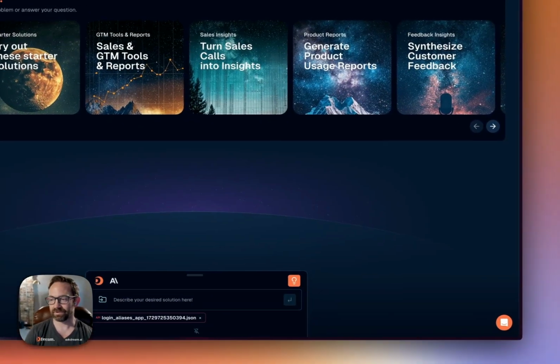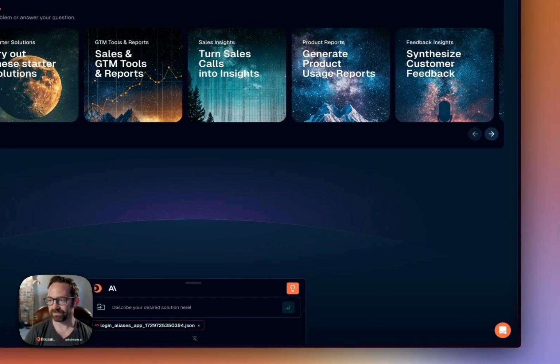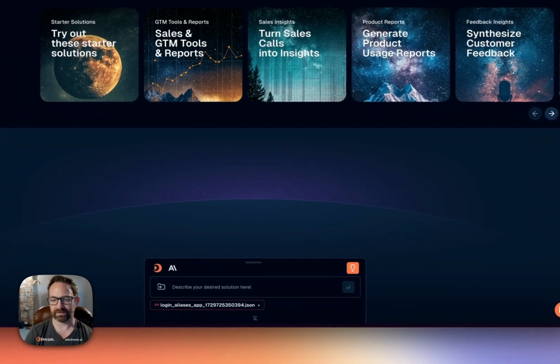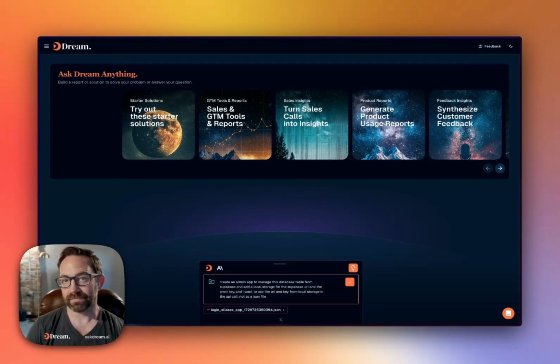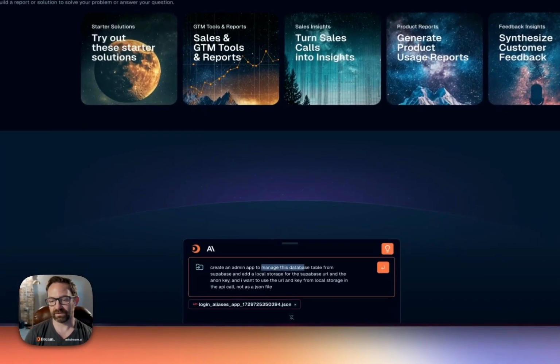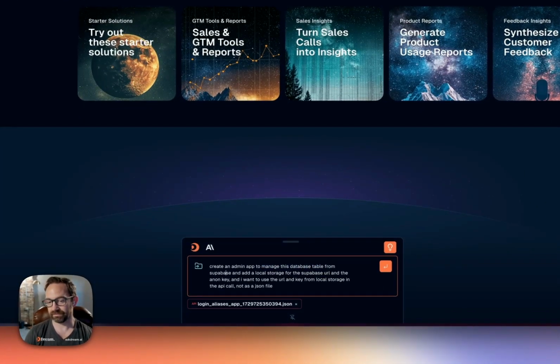And this is a pretty straightforward prompt, but I'm going to copy and paste it in, and I'm going to read it to you. I want to create an admin app, nothing fancy there, to manage the database table, nothing fancy. Mention Supabase so it knows. This is a nerdy but obvious thing. I want to add a local storage because essentially to log in, I'm going to use the API key that I just used. So I'm going to use the Supabase URL and the key,